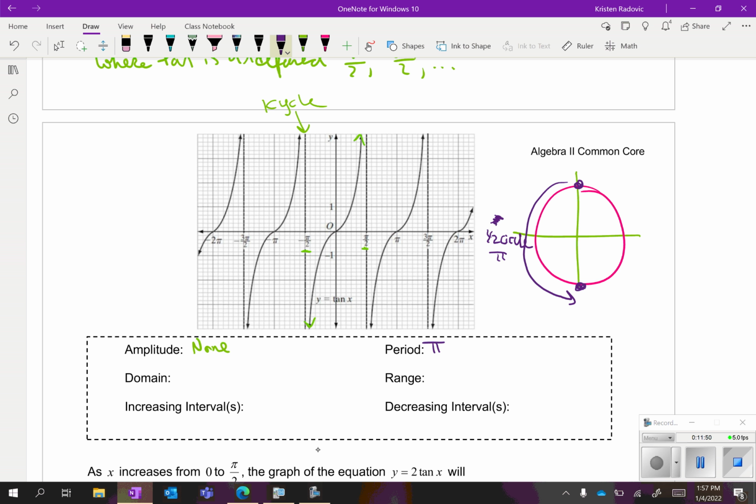Okay, this one's a little bit tricky. Your domain is essentially everything except for the asymptotes. So instead of stating everywhere where the domain is valid, that's a lot to say. We're just going to say where the domain isn't valid because that's less to say. So we're going to say the domain is all real numbers